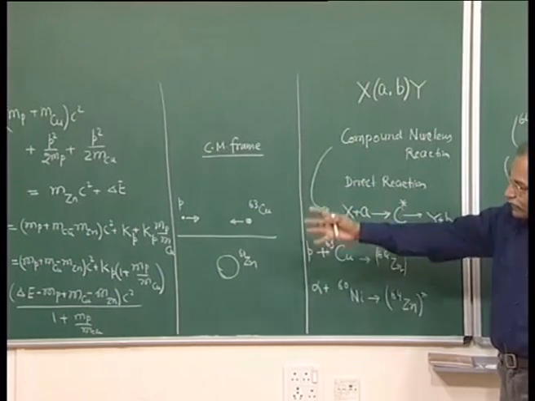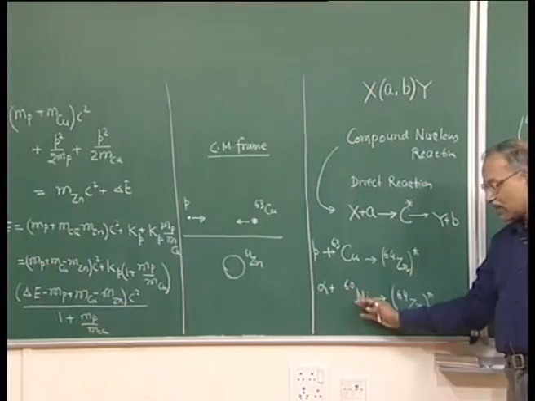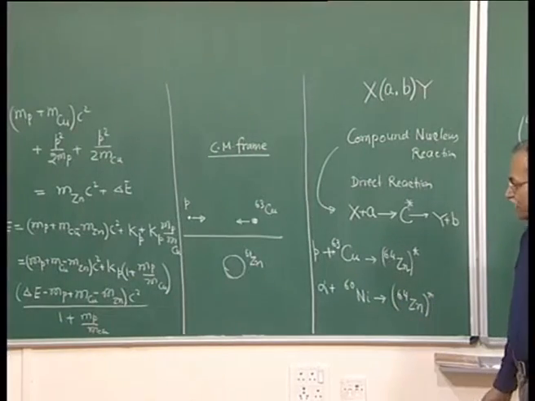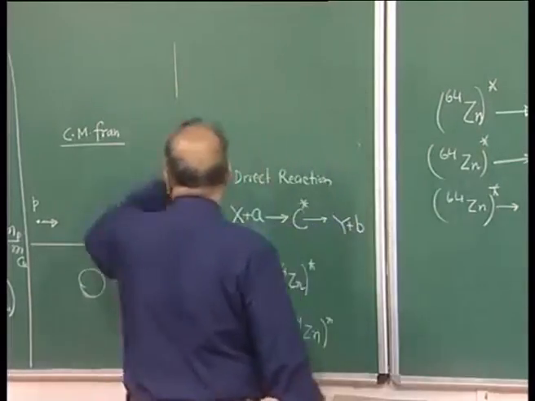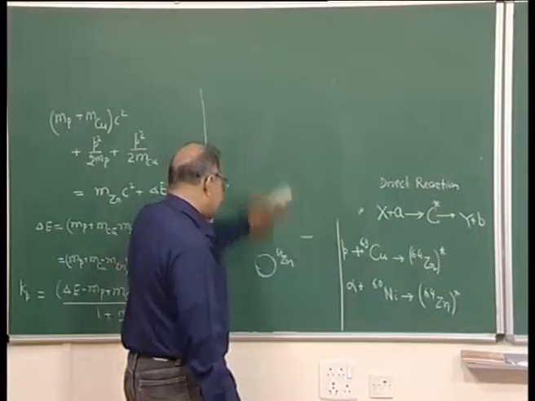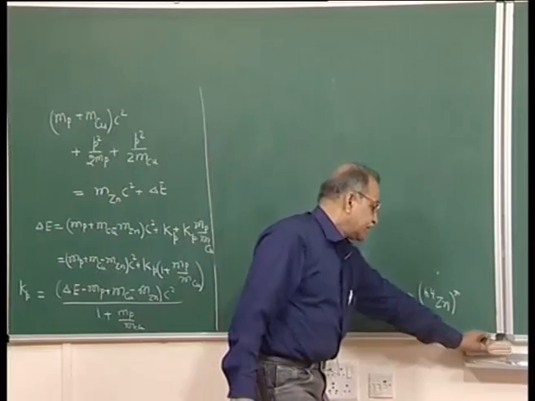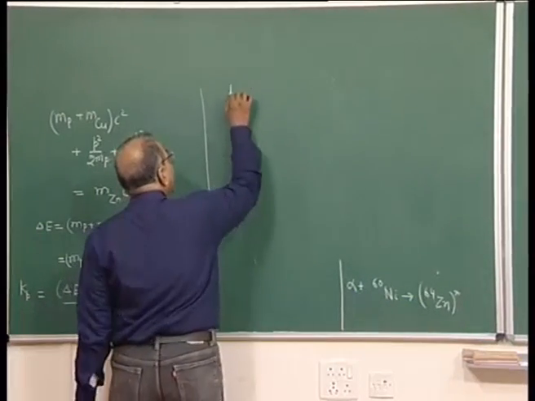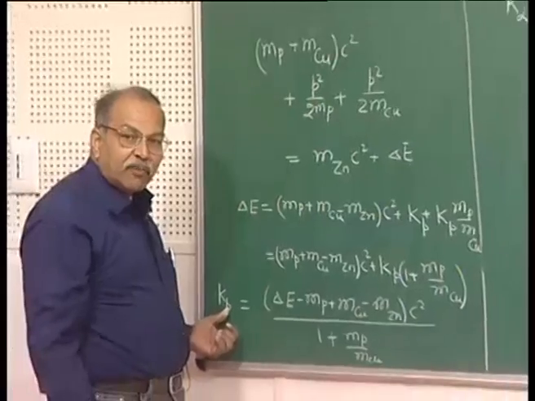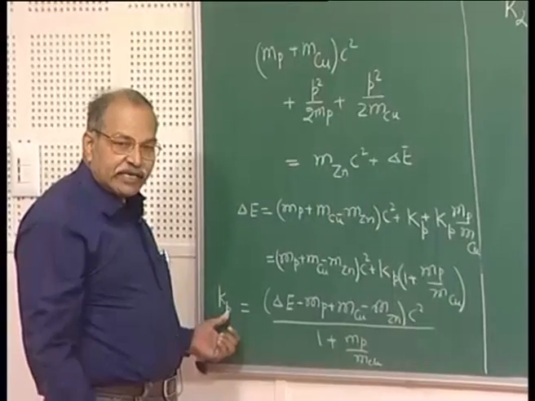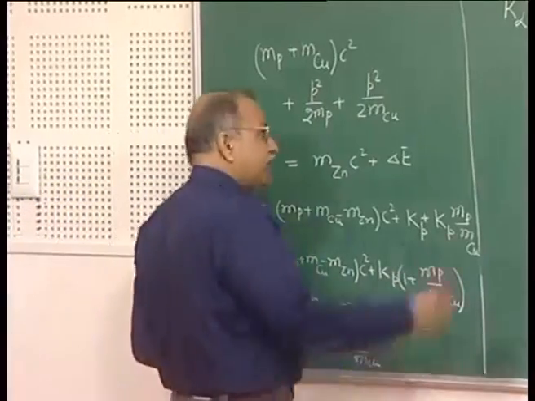So, it is the identical analysis, only the proton and copper will be replaced by alpha and nickel, and therefore you can straight away write the energy of the alpha particle needed to take this zinc to the same excited state with the same excitation energy delta E, and that will be K alpha equal to. So, now it is K alpha. How much alpha particle energy is needed to take the 64 zinc to the same excited state. So, this delta E is the same. So, this will be delta E